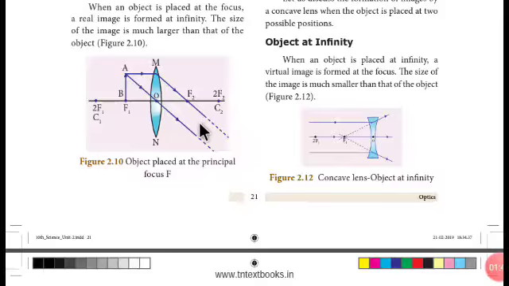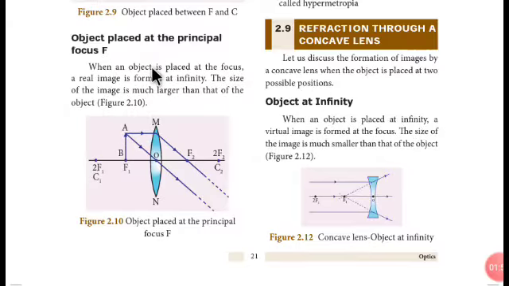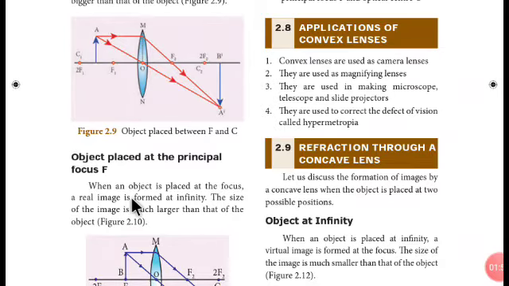So here these two lines will be meeting with each other somewhere in a longer distance, and from there we will be drawing a line which will indicate the image size. And that's the fifth case.